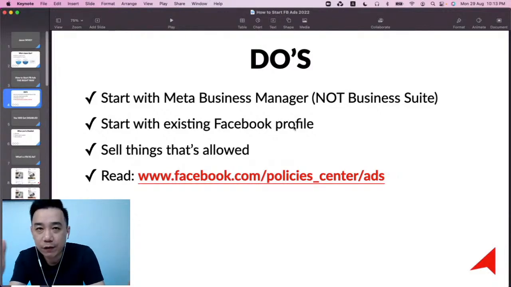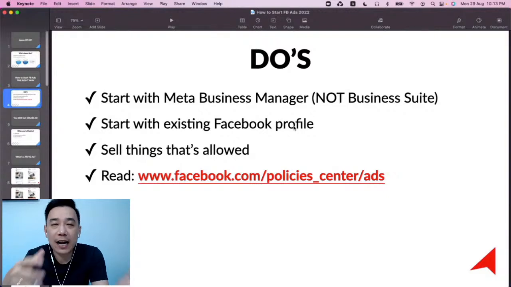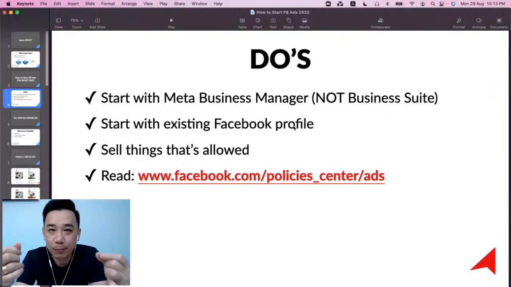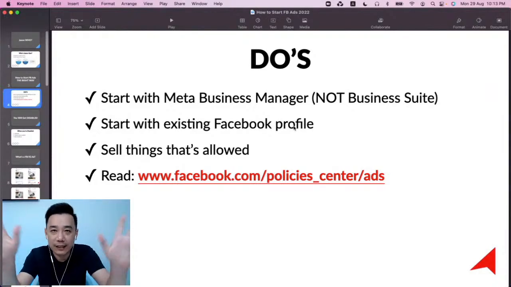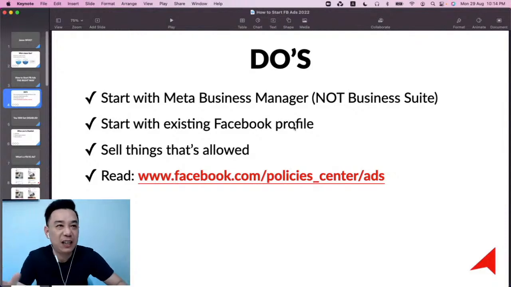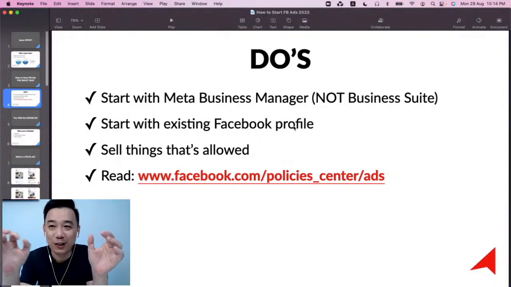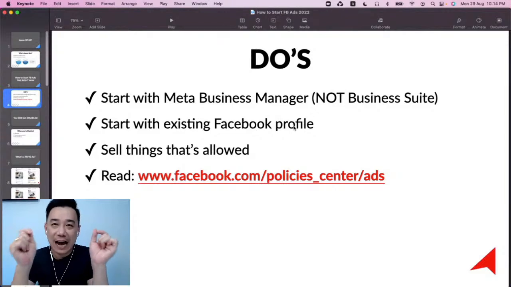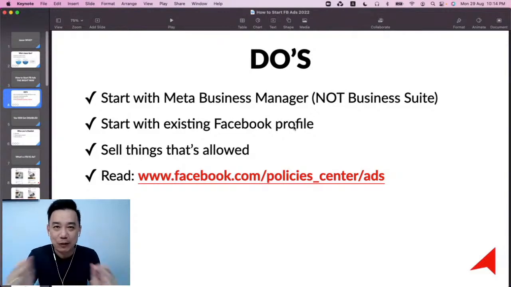And the next thing you find out is they start asking you to verify your account with an ID, as in show me your identification card that you really are the person. Let's say you create a name called Team Jason, for example. If they want you to have an ID that shows that your name is Team Jason, how can you have that? You won't be able to do that, right?